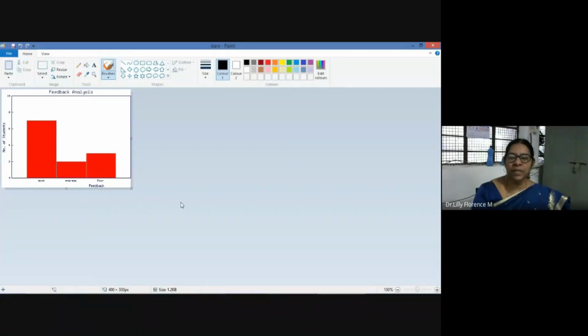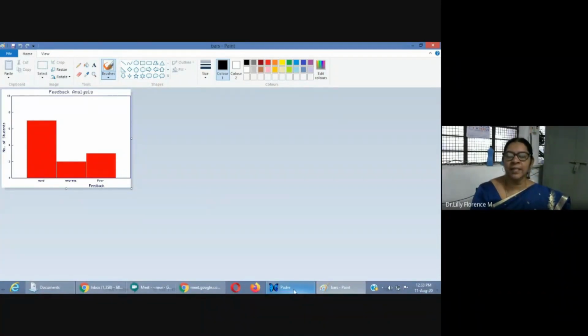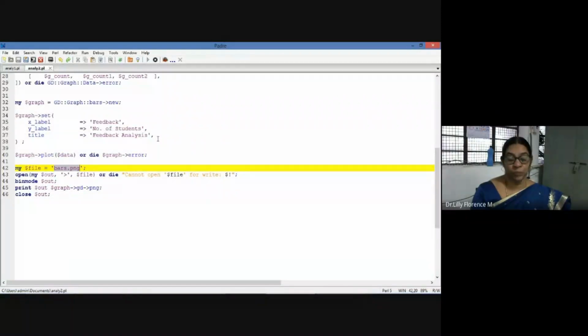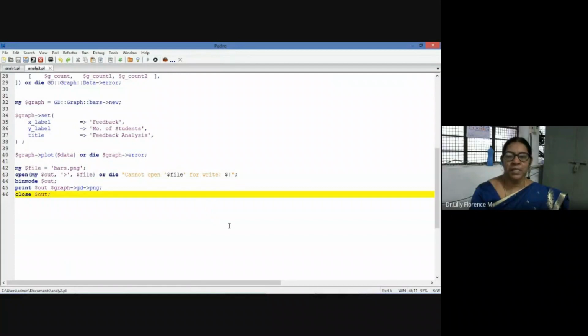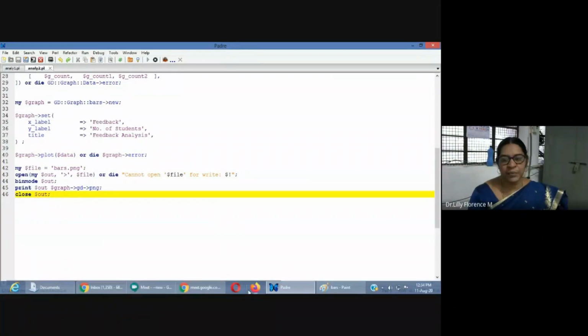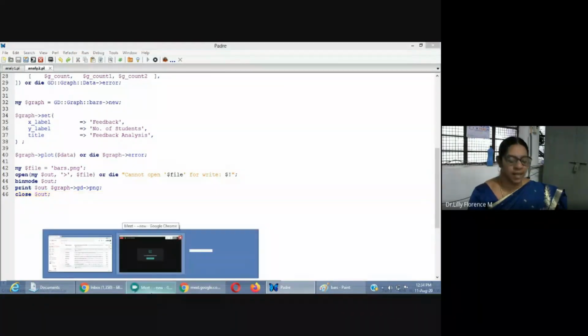So this is the way we can do our analysis using Perl programming. Perl is a very easy programming language and it supports a vast range of regular expressions. Using those regular expression features, we can do a lot of analysis using Perl programming. Hope you understood the simple analysis using Perl programming. You can also practice such analysis with